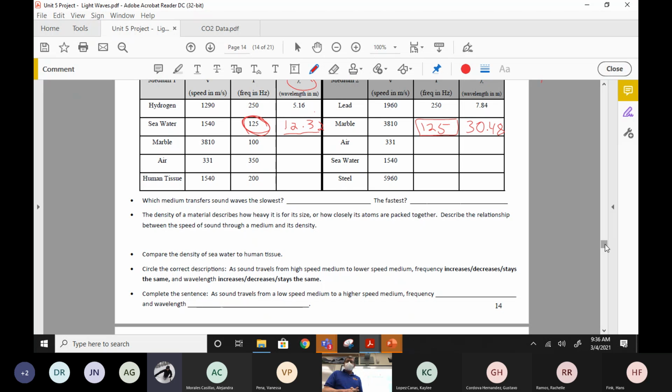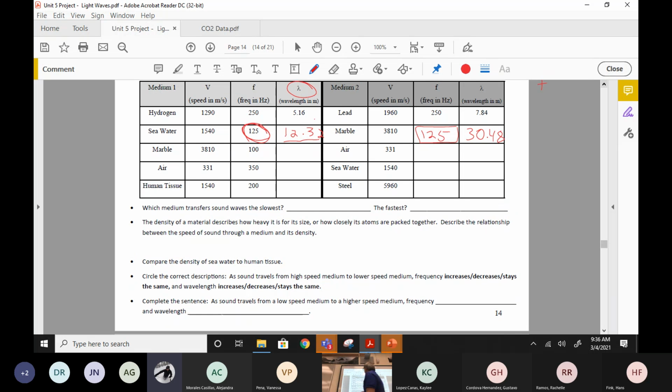Okay, now we're going to start looking at these questions. First question, which medium transfers sound the slowest and the fastest? And all you have to do is look at the speed in the velocity column, right? So here's the velocity. Which one is the fastest and the slowest? But use both